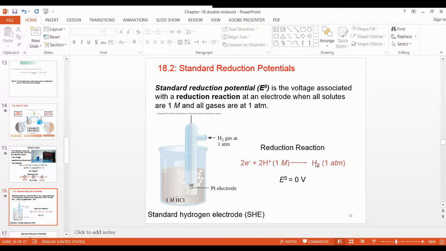Suppose, for example, don't get confused please, hydrogen is 0. If you connect zinc, which has minus 0.76, it means less than 0, so it is oxidation. So you will put the hydrogen electrode on the reduction side and put zinc on the left hand side, the anode position.